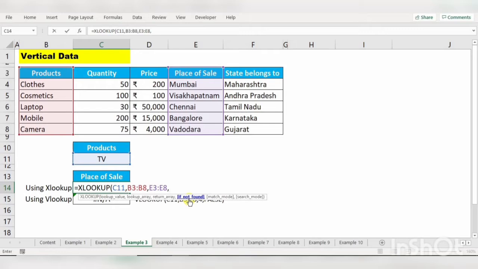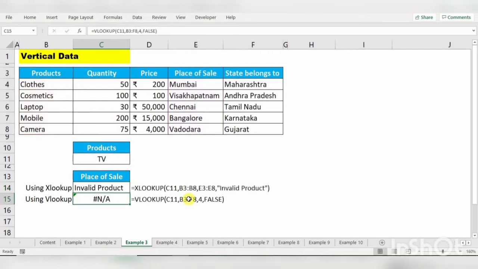Now what I am going to do here is, if we don't have a product from the above table, it has to say invalid product. Now when I press enter, it will throw the message invalid product.